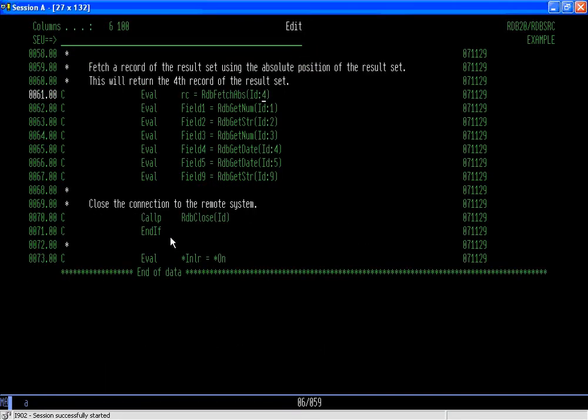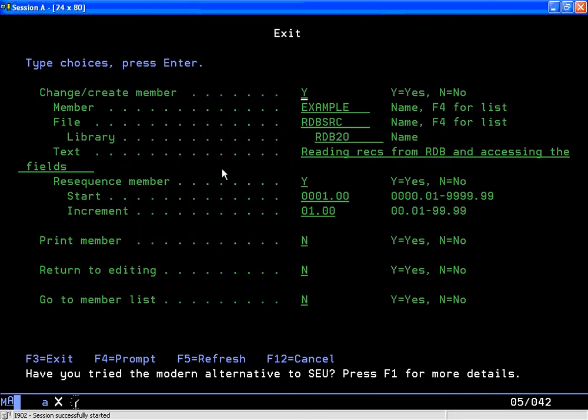And the last thing you must do is close your connection. If you do not close your connection, you will tie up the RDB Connect job indefinitely. So you want to make sure you always close your connections. Okay? Let's now talk about